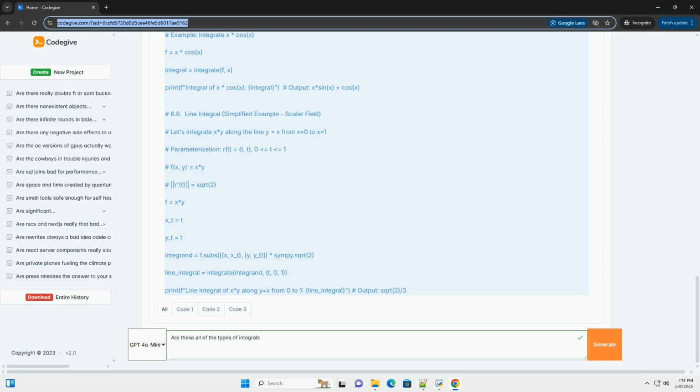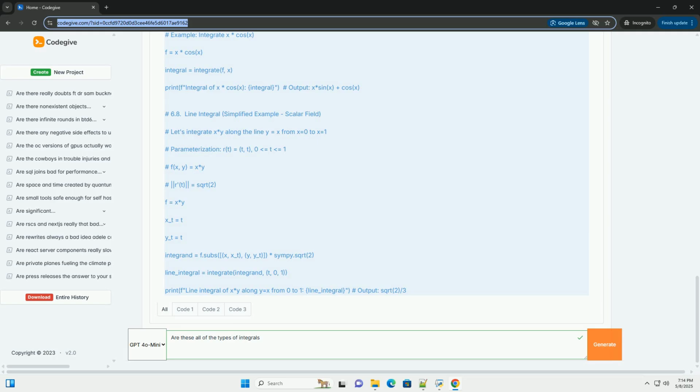3.4.2 Line integrals of vector fields. Let C be a smooth curve parameterized by r(t) = (x(t), y(t), z(t)), where a ≤ t ≤ b. Let F(x, y, z) = (P(x, y, z), Q(x, y, z), R(x, y, z)) be a vector field defined on C. Then the line integral of F along C is ∫_C F · dr